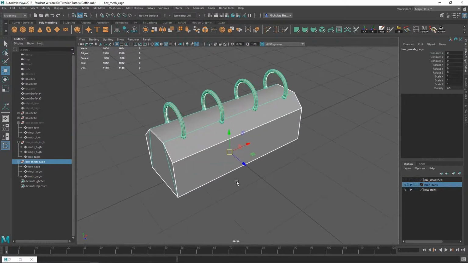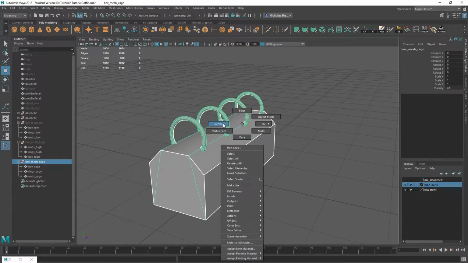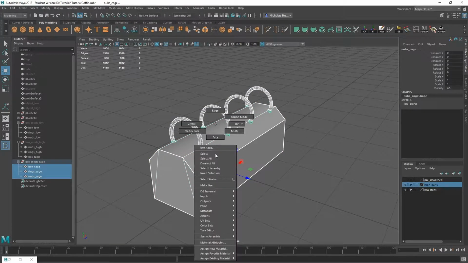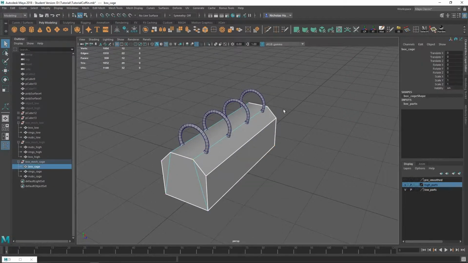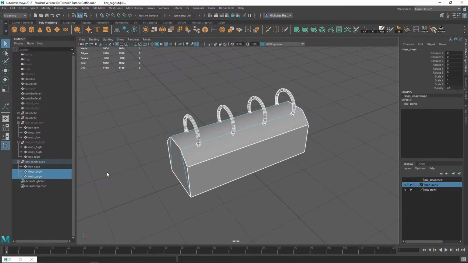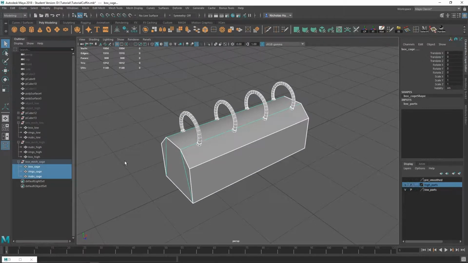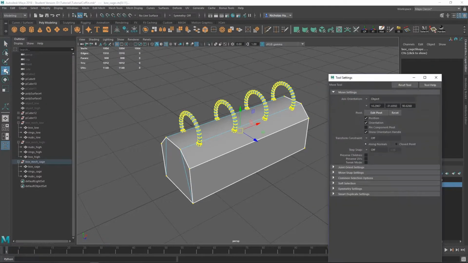Okay, so that's all good. Now we will right-click vertex. Oh, that didn't work. Let's select all the children and then right-click vertex. That won't work either. Let's just marquee select vertex. Okay, marquee select, control radial menu, vertex. Okay, now it works. So we can just marquee select all these vertices, double click your move box or move